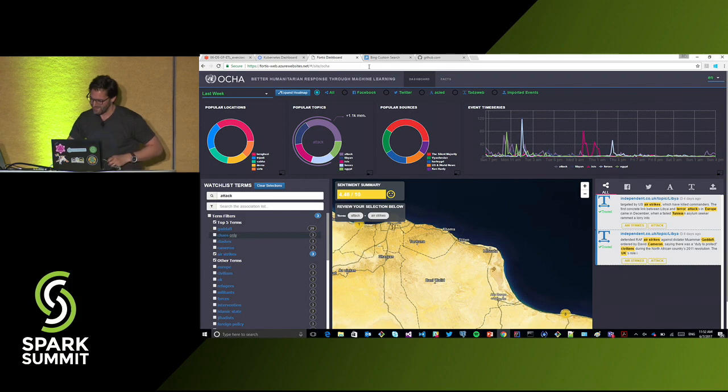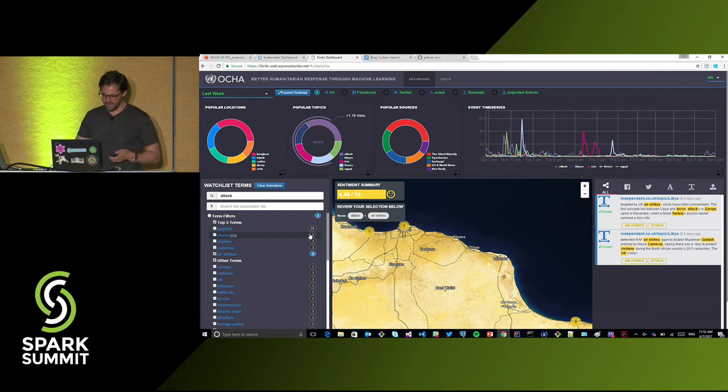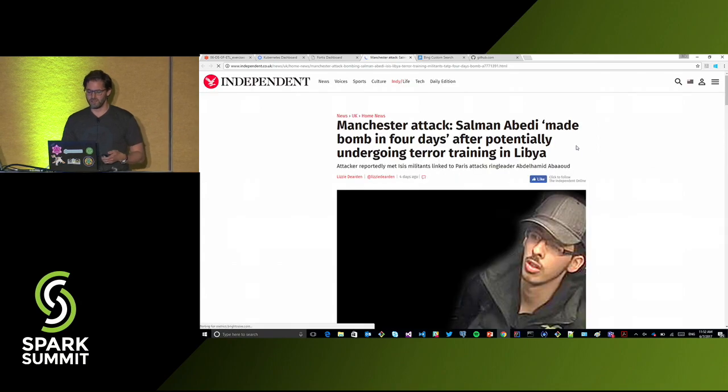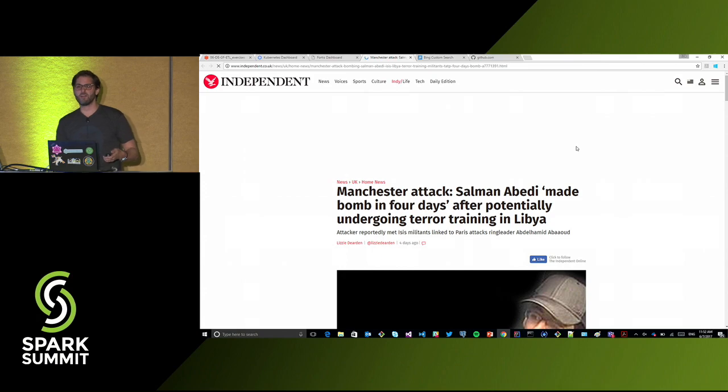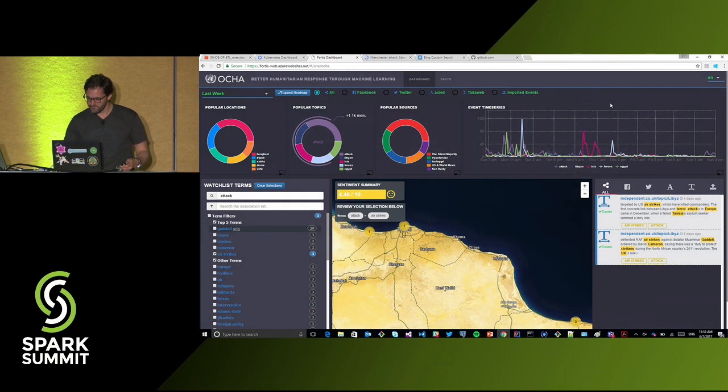Sorry about that. OK. So as you zoom in, here we're looking at an event that we're filtering off of attack and off of airstrike. So as we click this event here, this is the detailed article that we're collecting from the public web. So you have a direct link to the original publication. And here it's talking, the reason why it's relevant to Fortis in Libya is because the bomber was trained in Tripoli.